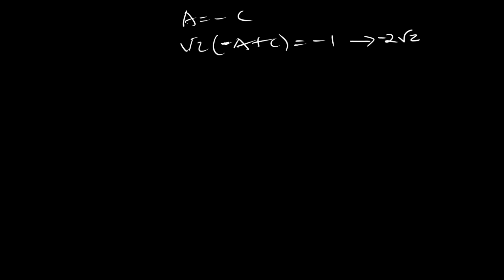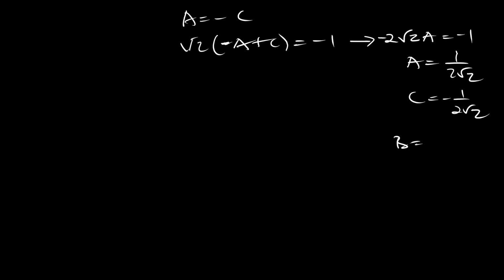So what do we know? We know that A is equal to negative C. We also know that root 2 in bracket negative A plus C equals negative 1, and since A is equal to negative C, from here we'll see that 2 root 2 negative A is equal to negative 1, and therefore A is equal to 1 over 2 root 2, and C would be equal to negative 1 over 2 root 2, and since